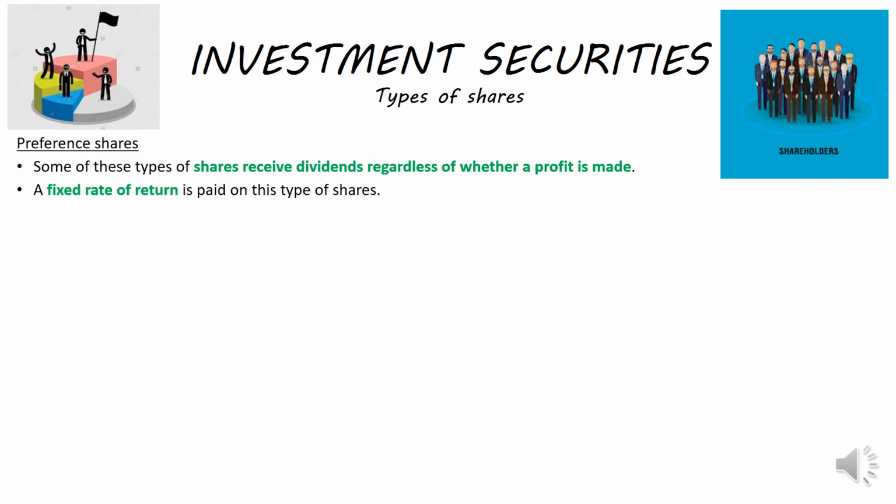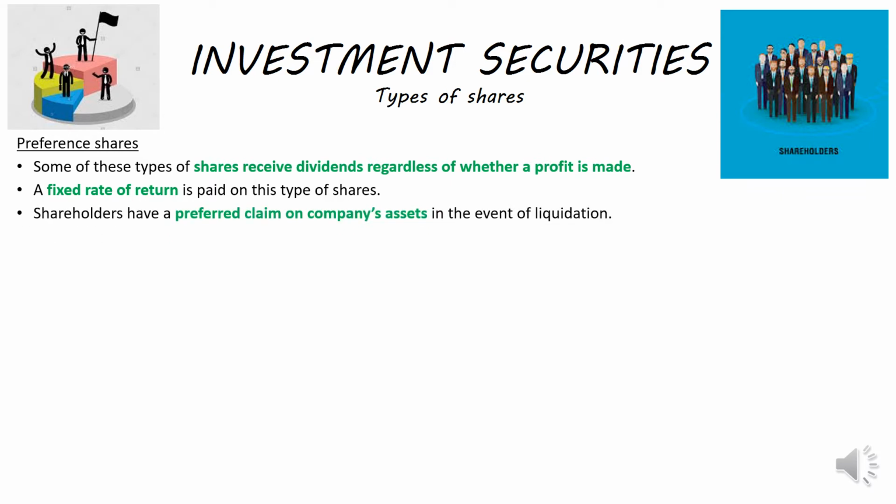Right, on the preference shares, there is a fixed rate of return. So the difference between ordinary shareholders and your preference shareholders, remember with an ordinary shareholder, you will get your dividends only if a profit is made, and the bigger the profit, the bigger the dividends, depending on what the board of directors decide. With a preference shareholder, there is a fixed rate of return. So the dividend that you receive at the end of the financial year is fixed. Okay, so it doesn't depend, in other words, on the profit. It doesn't depend on whether the business is making a profit or not, and whether the profit is big, whether the profit is small, whether they make a loss. There's a fixed rate of return, a fixed dividend.